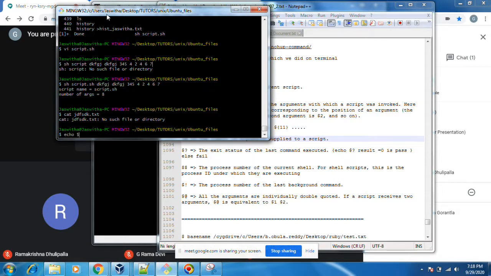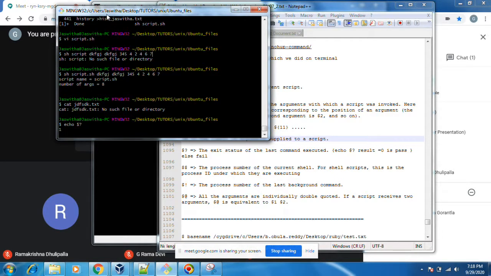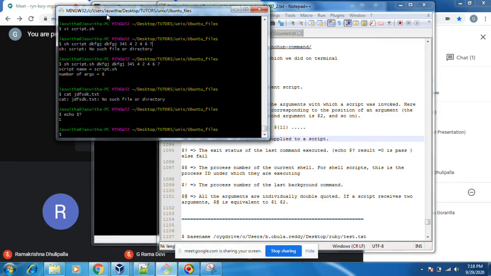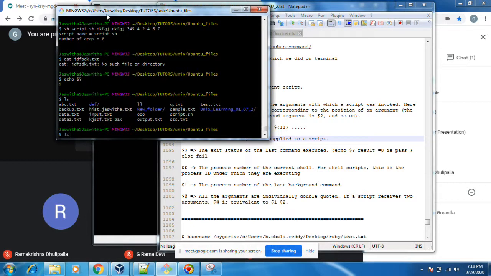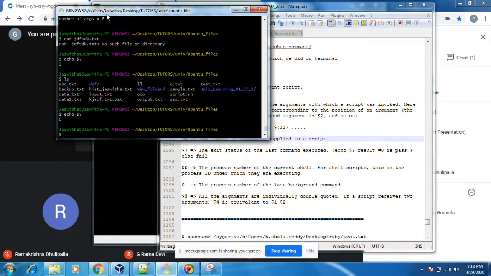Dollar question mark 1 means the previous command did not run properly. I type ls, now I see the output of dollar question mark. It should be 0. If we get dollar question mark 0, it means the previously executed command was successful. If it is 1, the previous command did not run. It throws some exception or error.